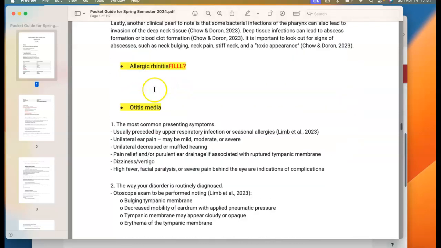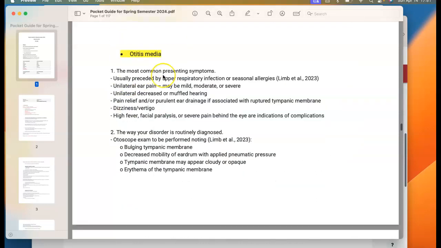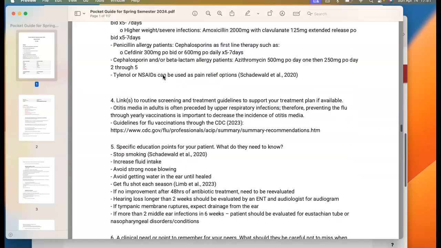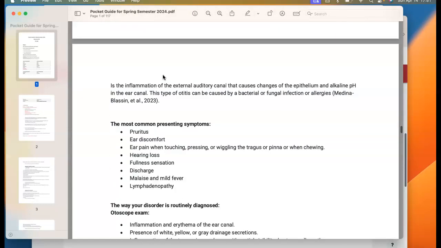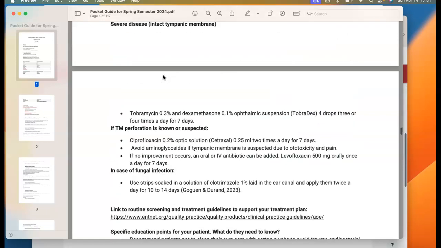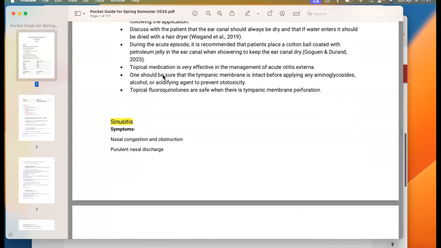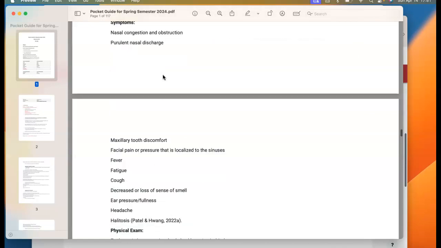I didn't fill the allergic rhinitis in, but I did cover the otitis media in this. Otitis externa, sinusitis,